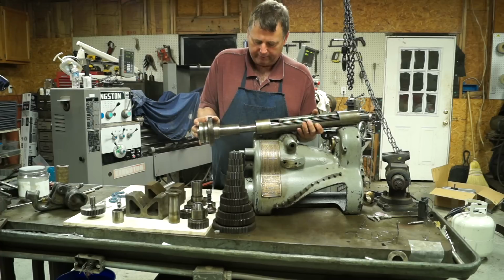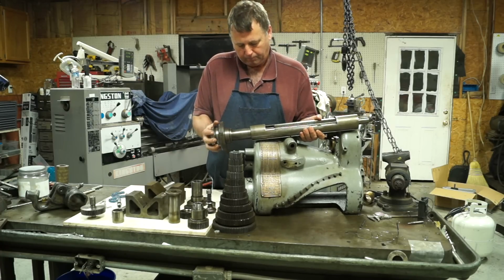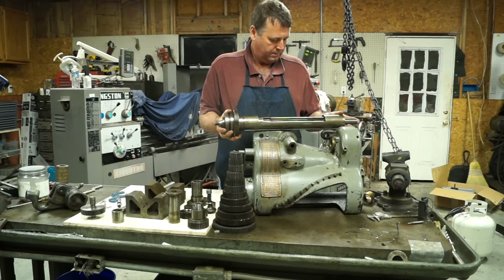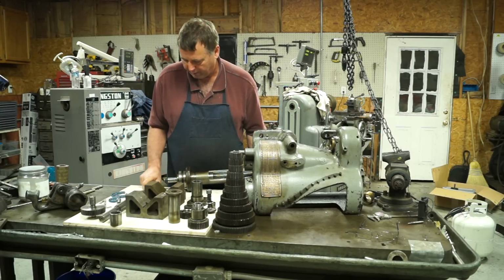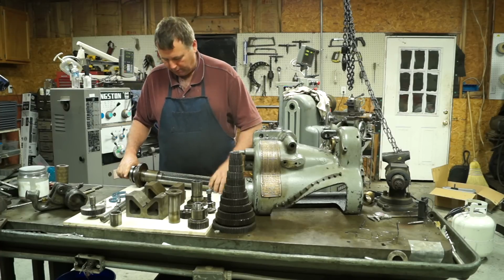If you remember, we had pulled this sleeve out of this side. It was one of the first things we did. So this is one of the first things we did. We pulled that sleeve out of that side. Let me move a couple of these things around, and we'll just put it together right here. All right, and